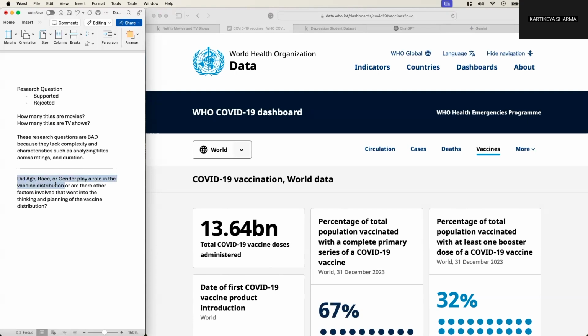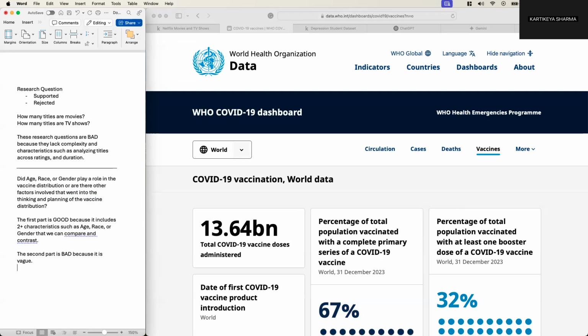So I'm going to say that at least the part I highlighted at the moment is a great research question because it includes 2+ characteristics such as age, race, or gender that we can compare and contrast. I'm also going to say that the second part that I highlighted over here is quite vague. There's not any specificity to what these other factors are and how in depth the analysis should answer this part of the research question. So I'm going to say the second part is bad because it is vague. And the first part is good because it includes 2+ characteristics such as age, race, or gender that we can